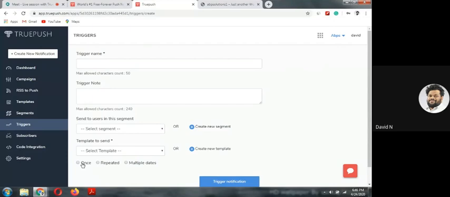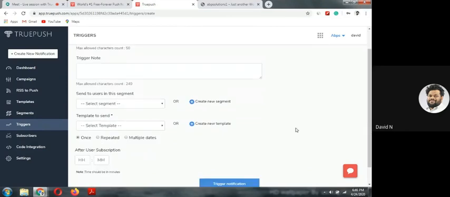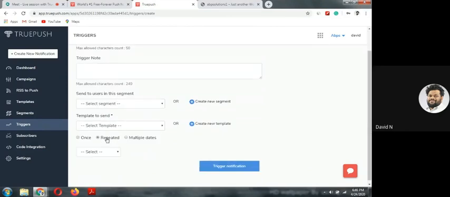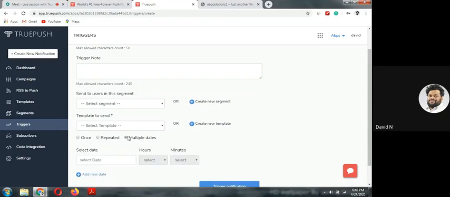Then you can send it either once after they subscribe after a particular time, or on a repeated sequence, like either a daily basis or a weekly basis or a monthly basis or a yearly basis. Or you can set up dates as well, on which particular dates you want to send a trigger.